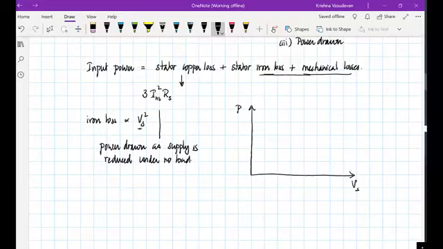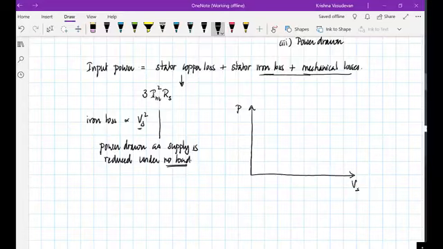how will the machine behave? We note that under no load operation, the slip is very small because it has to supply only the friction and windage loss, which is all that it needs to give. So slip is very small, and therefore as you go on reducing the supply voltage, it is very unlikely that the slip of operation will undergo a significant variation. The slip will more or less remain small because the machine does not really need that much of supply voltage in order to meet that very small amount of load.